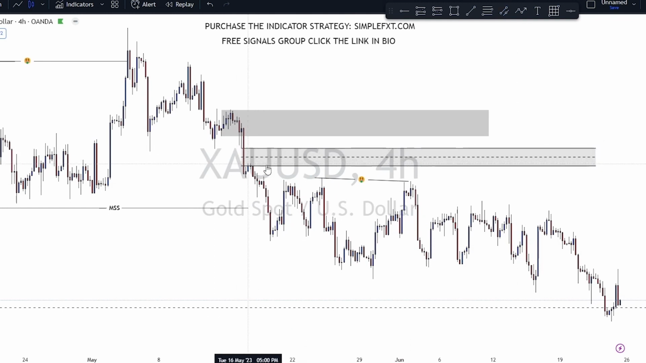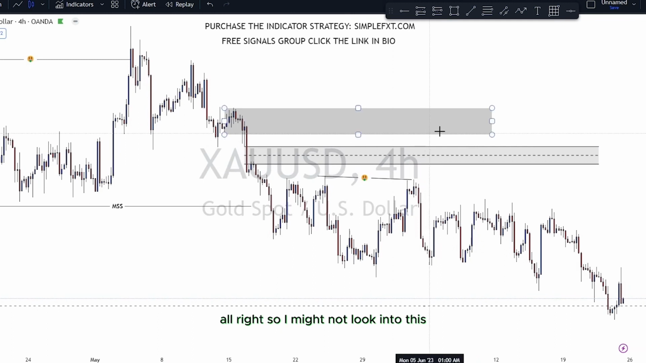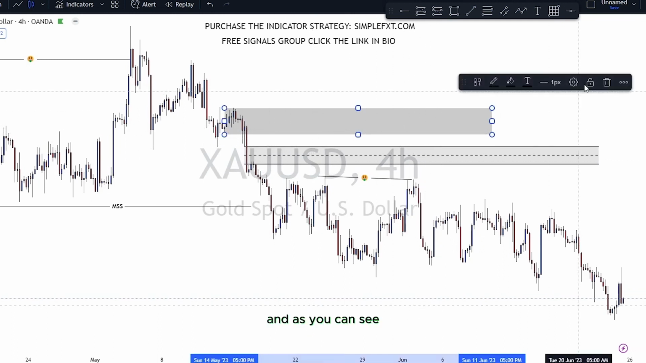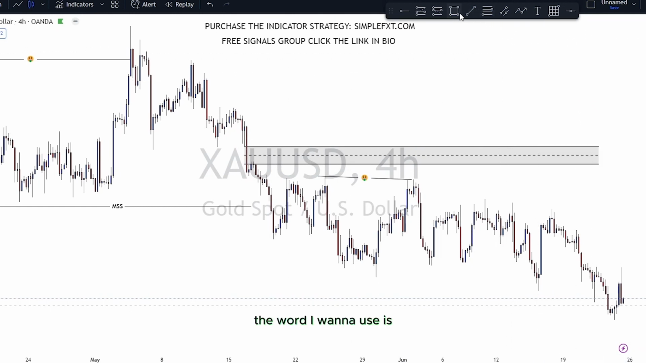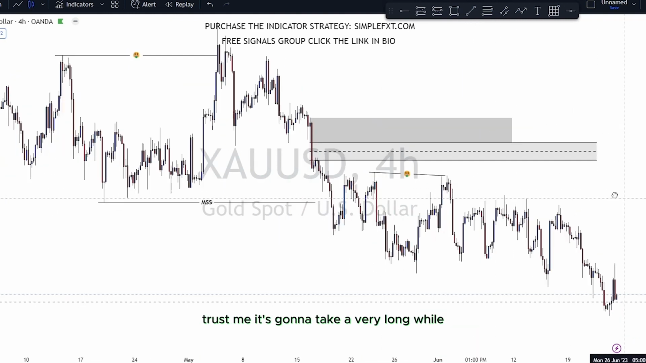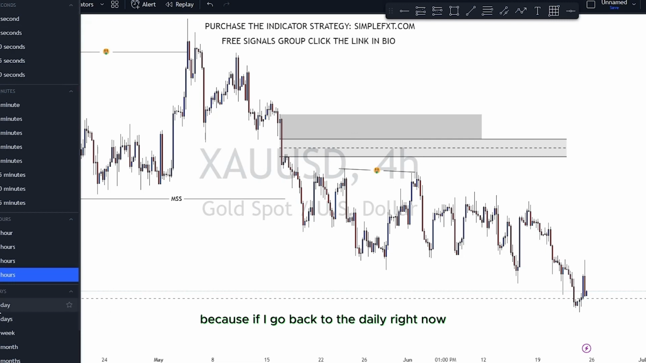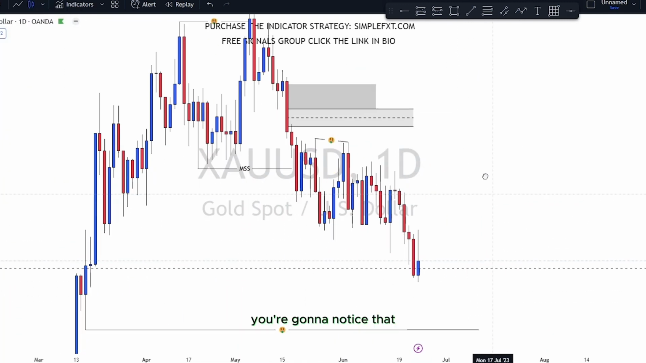Like for example, a daily FVG was here, so now I'm at a 4-hour FVG, which this got mitigated. All right, so I might not look into this. I might just look more into the order block. And as you can see, the word I want to use is I'm refining all this, right? Because if we're going to trade from the daily time frame, trust me, it's going to take a very long while. Because if I go back to the daily right now, you're going to notice that